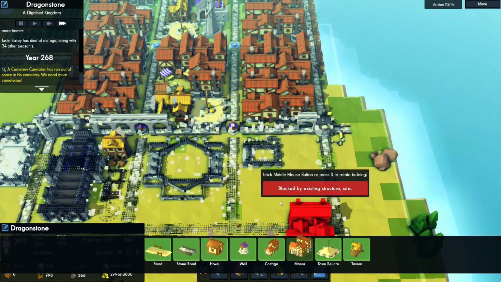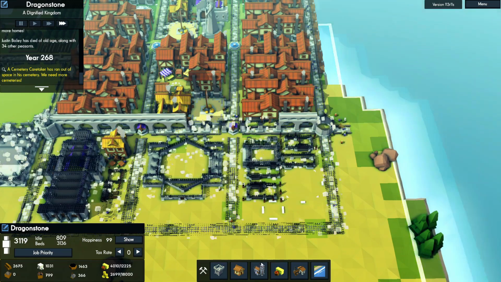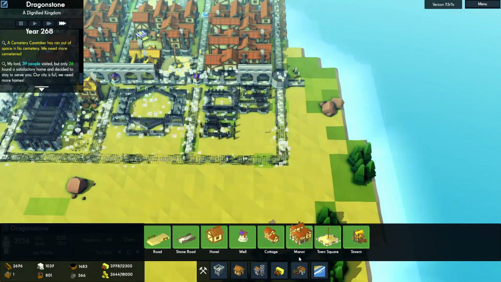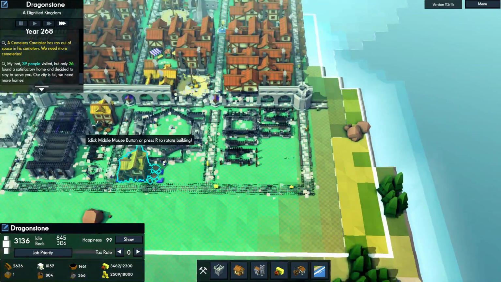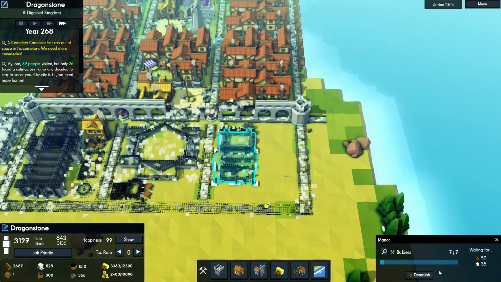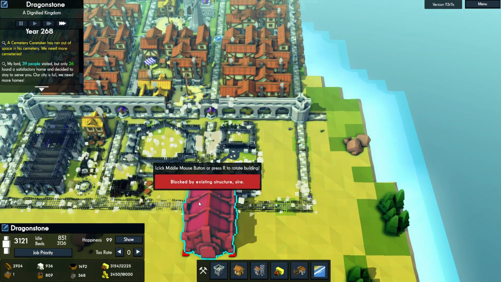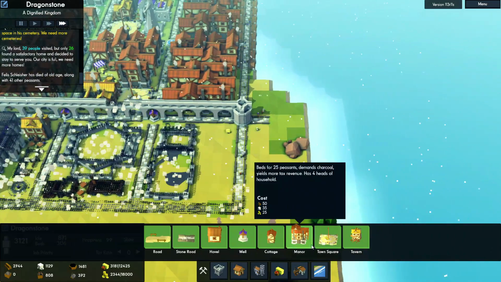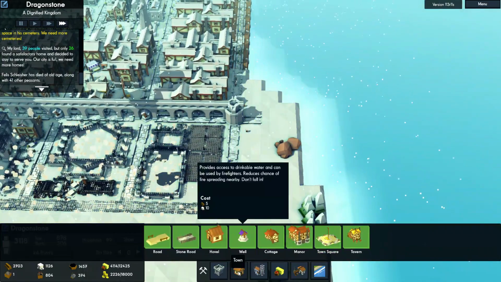So over here, we can do manors. Gonna need to do a market. And let's see. It's probably not gonna hurt to do another tavern. Actually, no manor right there. Nor right there. Let's just start shoving stuff into this area here. Then we'll do stockpiles, followed by